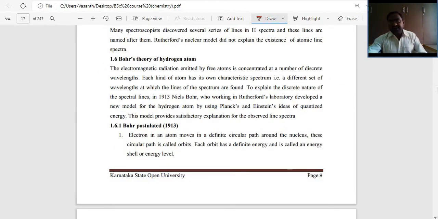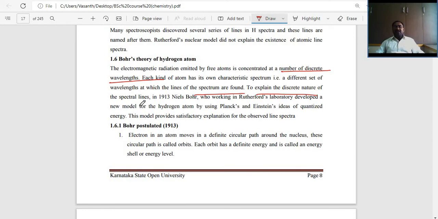So, electromagnetic radiation emitted by free atoms is concentrated at a number of discrete wavelengths. Each kind of atom has its own characteristic spectrum, that is, a different set of wavelengths at which the lines of the spectrum are found. To explain the discrete nature of the spectral lines,